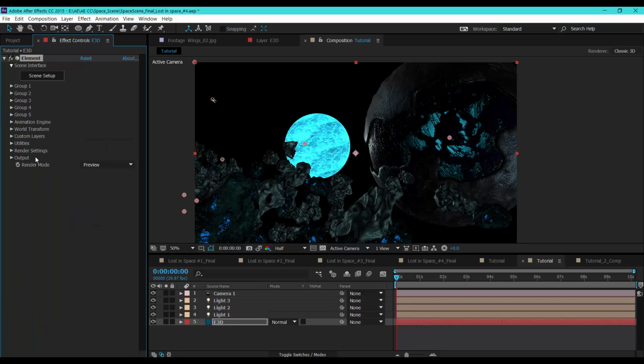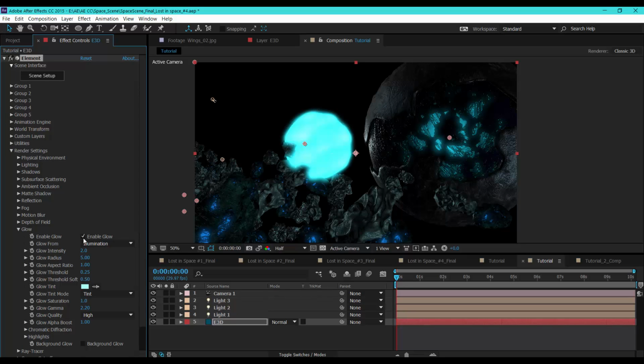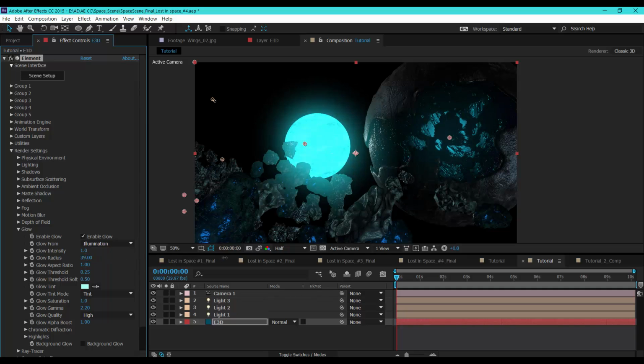Let's turn on the glow. So in the render settings, choose glow and turn on. It's okay. Let's turn this down, and let's crank up the glow radius.